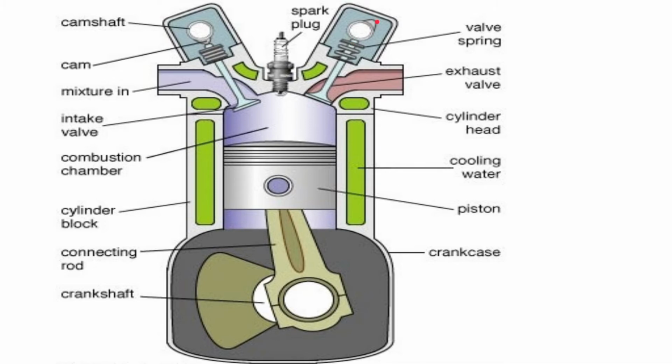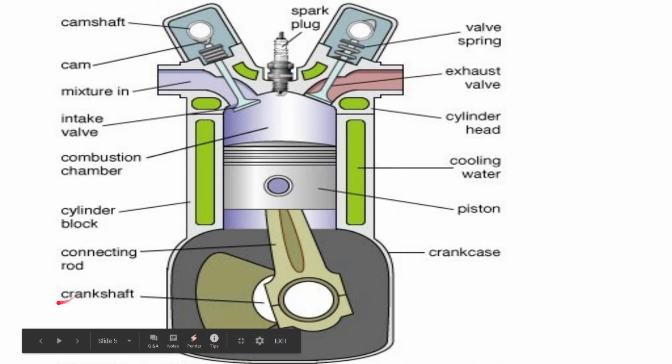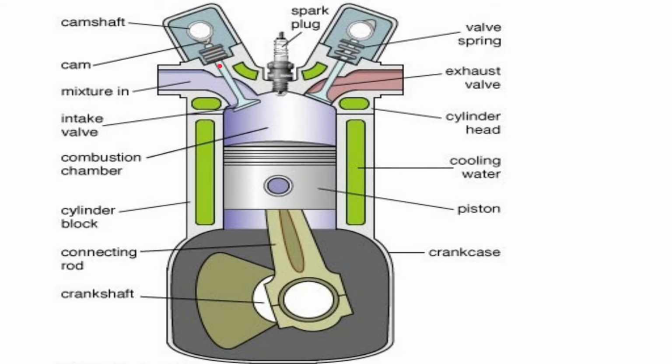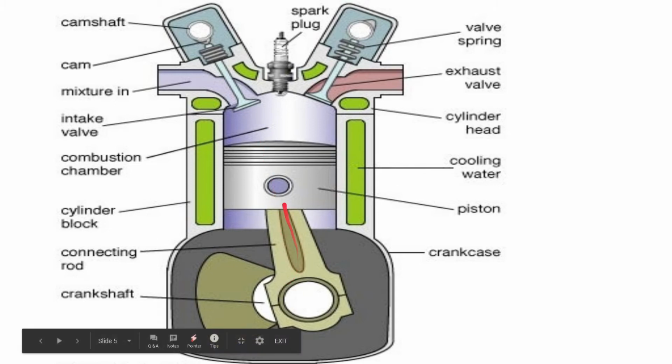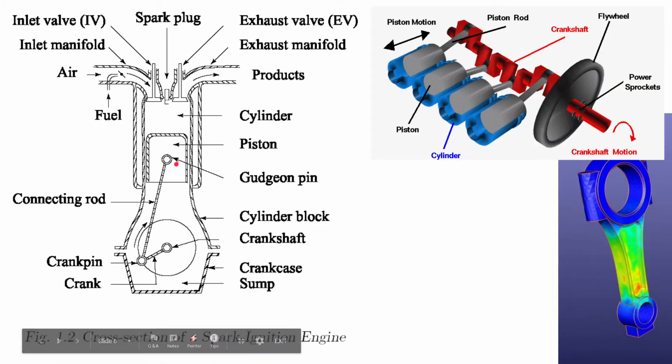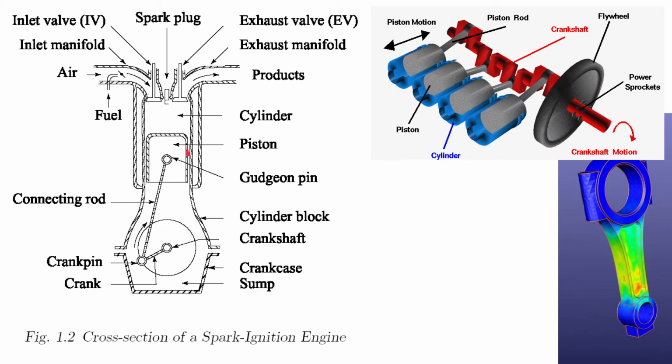then it will come here, it will compress it, the exhaust valve will open, and all the products of combustion will be pushed outside. So this camshaft is tuned here with the crankshaft through a chain, so that is called a timing chain. And this profile which is there, which will guide when the valve has to open and when the valve has to close, is called the cam. Okay, and the pin over here, so let me show. The pin which connects the connecting rod and the piston is called the gudgeon pin.